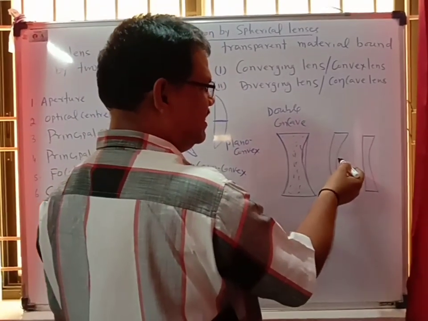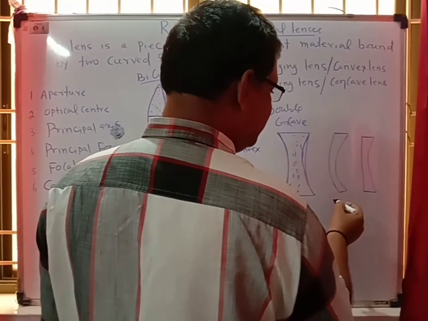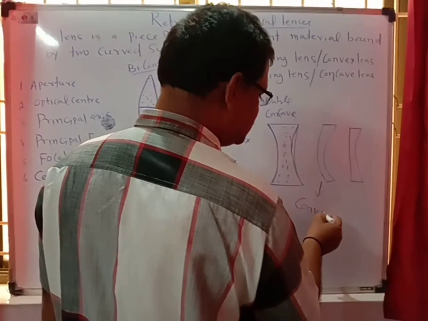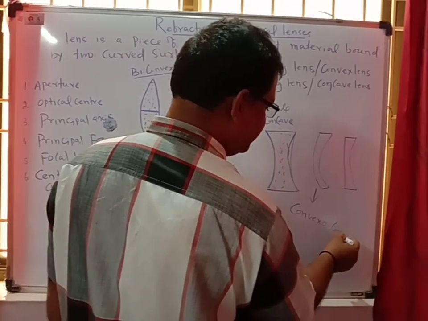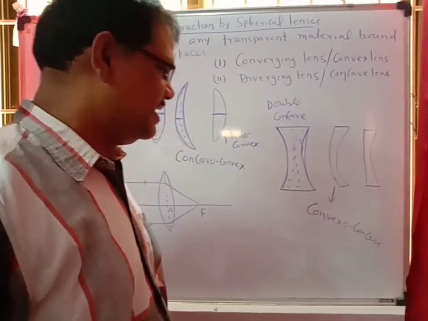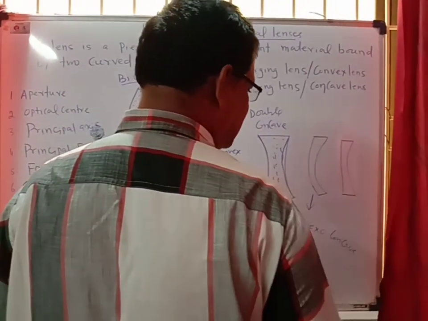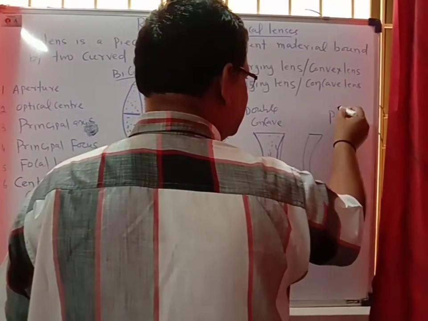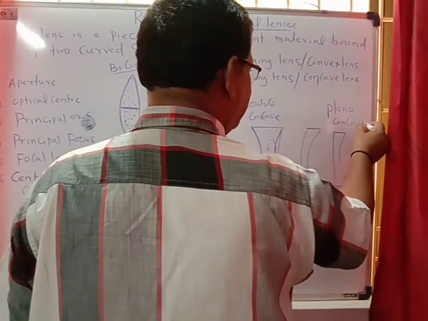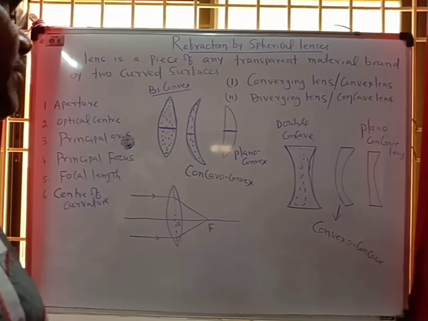Here one surface is concave, one surface is convex. That is told as the convexo concave, because one is concave, one is convex, but the middle is thinner. That is told as the convexo concave. And in this one, one surface is plane, another is concave, so it is told as the plano concave lens. Plano concave lens. So students, keep in mind that in your standard you will be finding only